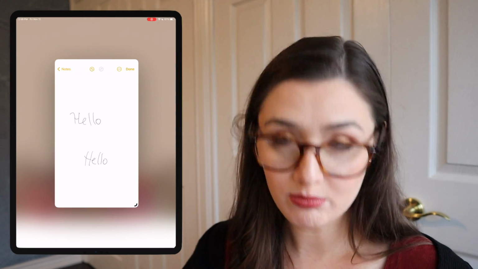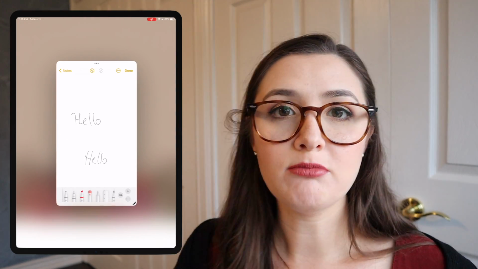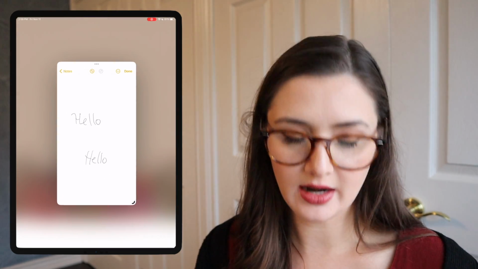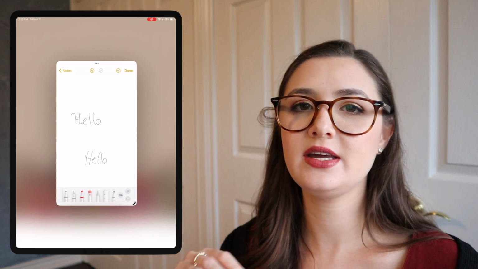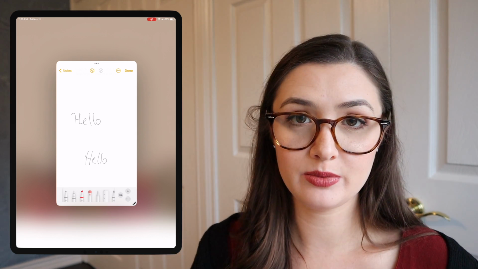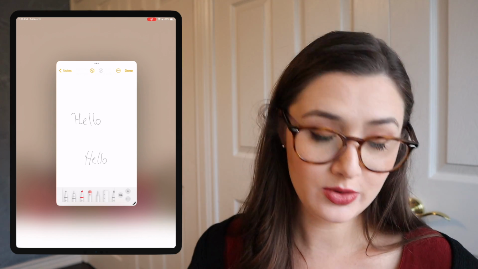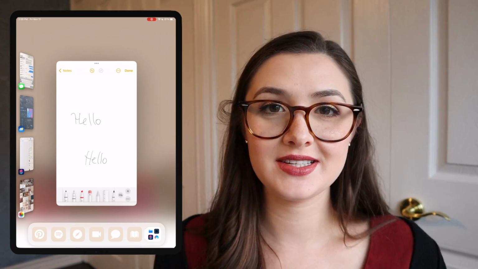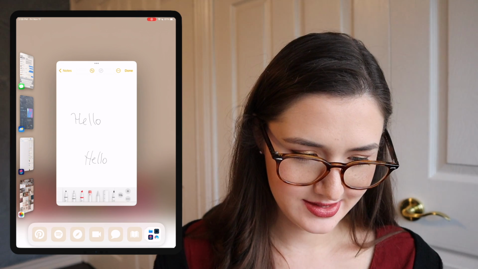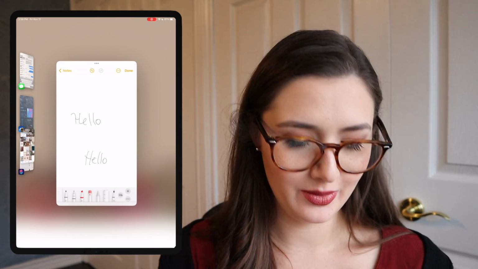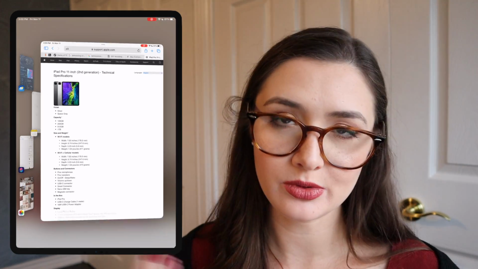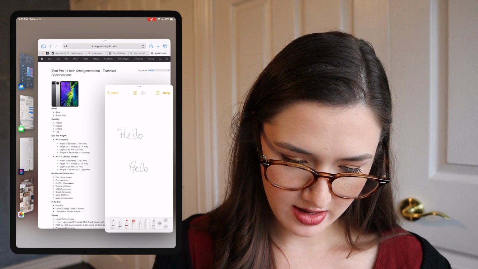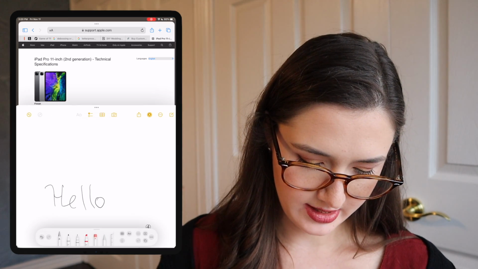You can now multitask with different windows and have multiple of them on your screen. So if you drag from the bottom right corner, sometimes that icon's on another corner. I don't know. It's kind of finicky. I haven't fully figured it out, but because I have the recent apps not showing, you can drag from the side to show them and drag up just slightly to show your dock. So say you want to take notes, I would just grab, let's say Safari was where my lecture was happening, not in the school, but as an example, have that be on top like so, and even move it around and make it a different size.